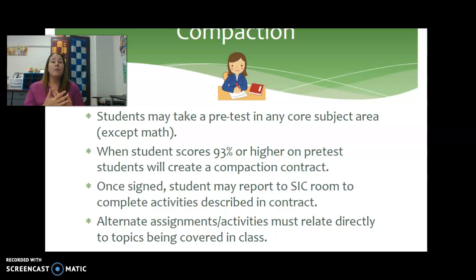So hybrid-wise, you will still be responsible for doing work during your hybrid days and reporting back to me with what you're accomplishing on those days. So it is still an option to compact with hybrid. It will get slightly trickier, but we can certainly make it work. So if you feel like your classes are going too slowly or you need a little more challenge during all of this, please let me know and I will help you through the process.